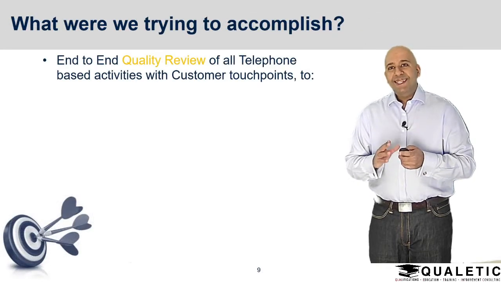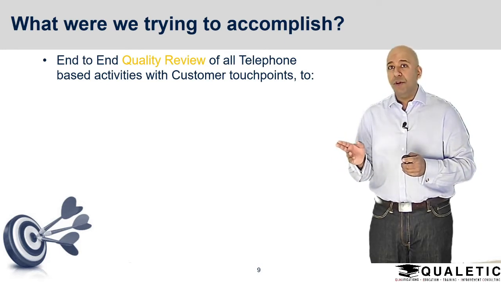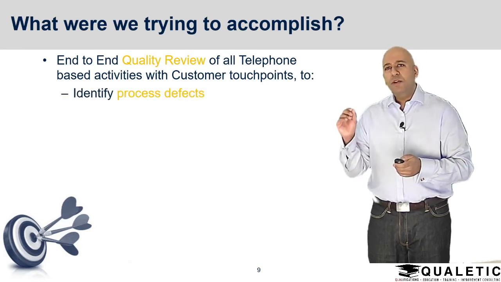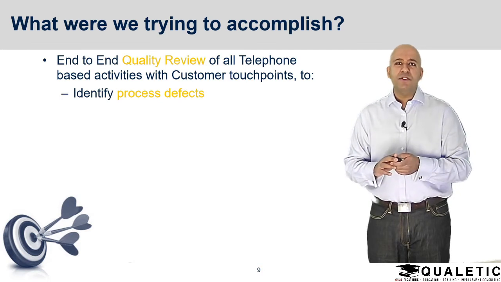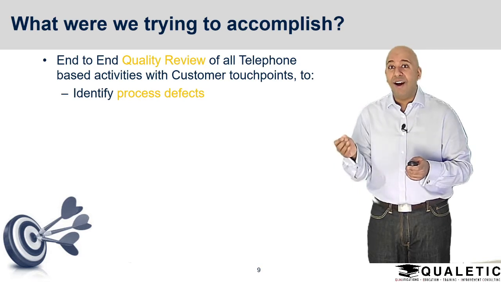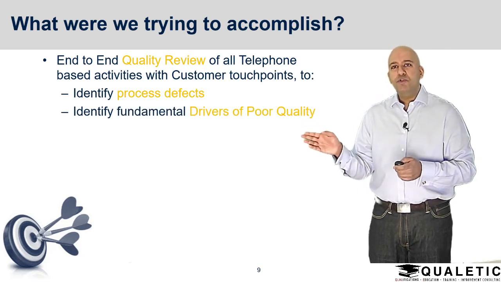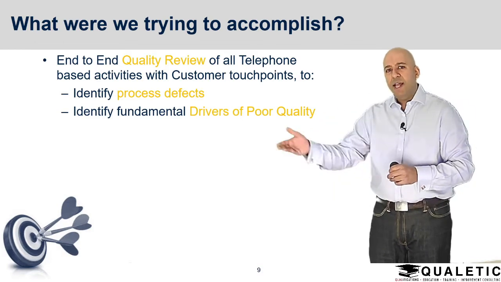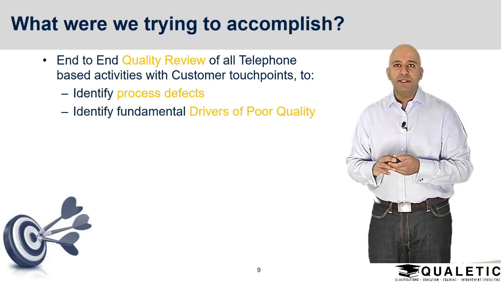So we decided that we needed to conduct an end-to-end quality review of all telephone-based activities with customer touchpoints. We wanted to identify process defects. So this is a process improvement or Six Sigma term, but essentially it's the things that we can identify are going wrong with these processes. Identify fundamental drivers of poor quality. So irrespective of individual processes, what are the underlying things that are driving a suboptimal experience for our customers